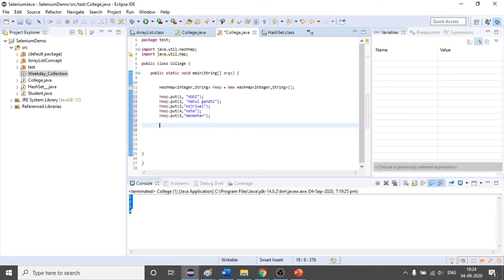Okay, so you were saying on the classroom we have posted a query that you were able to print the key, but you are not able to print the value. Okay, is it the question?